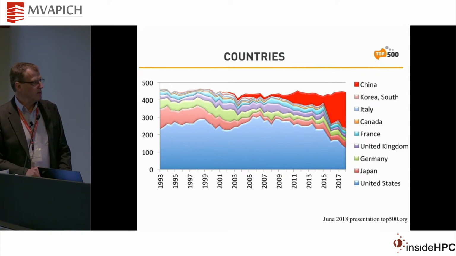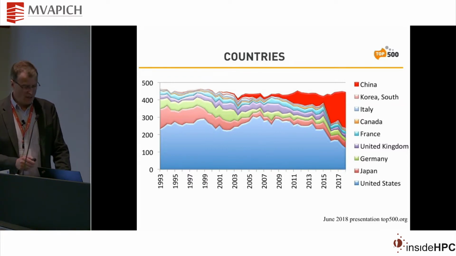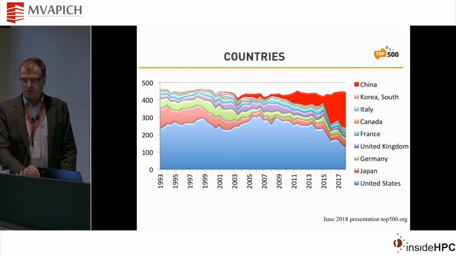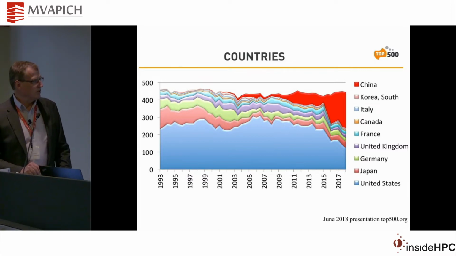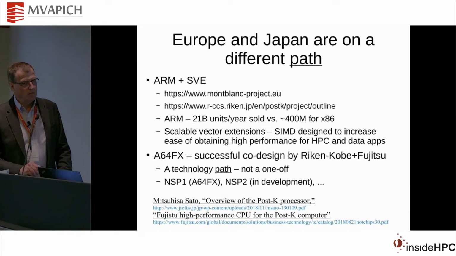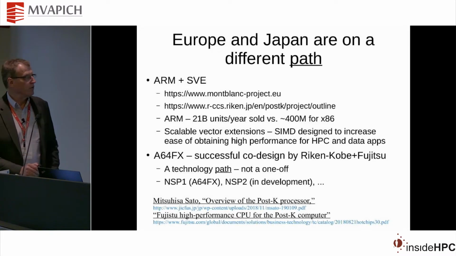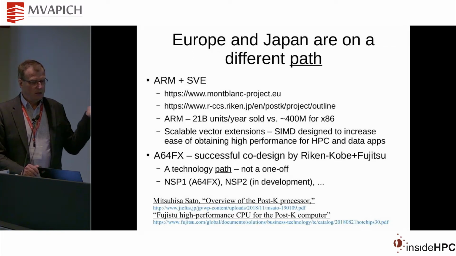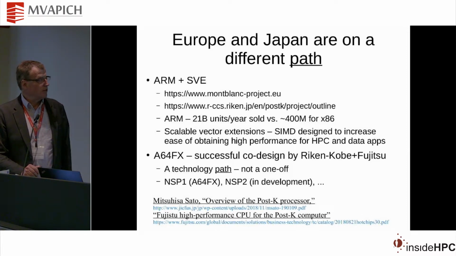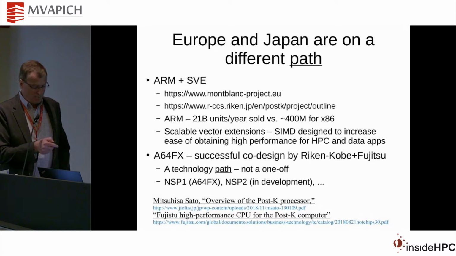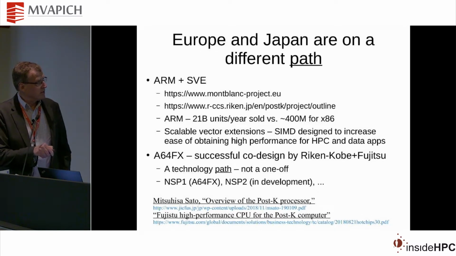Of course, the US is no longer the only game in town when it comes to HPC. Other regions of the world are investing extremely heavily and aggressively in this technology that's important to many aspects of science, society, and other strategic concerns. But the path that we're on in the US isn't the only path that's available to us. And this technology path that's based on ARM and scalable vector extensions is pursued. Here are some links to both the European project and the Japanese project.